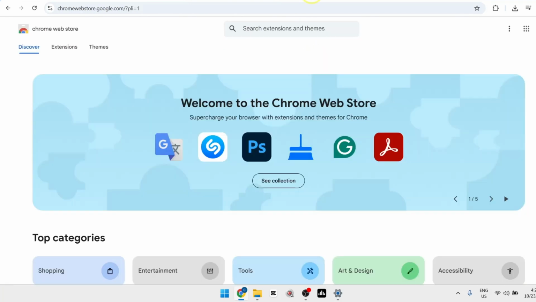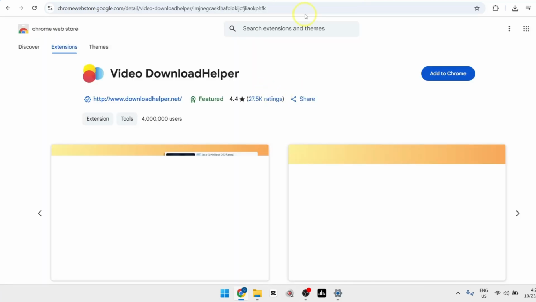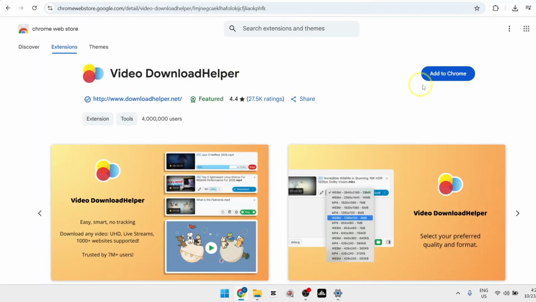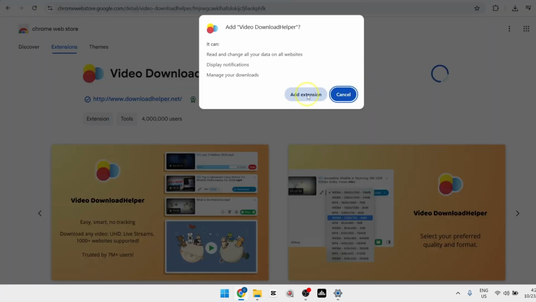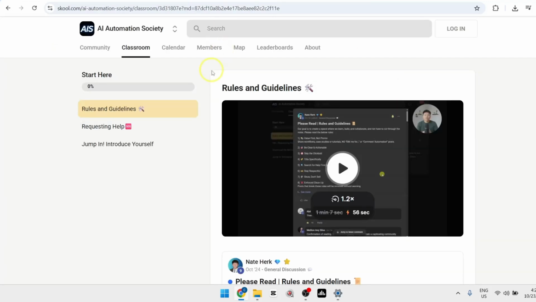Then next, in a new tab, head over to Chrome webstore.google.com and we're going to search for an app called Video Download Helper. So it's this link or extension. So click on it. And from here, we're simply going to add this to our Chrome. Click on Add Extension. So once the extension is already installed, head back to Skool and from this course page,